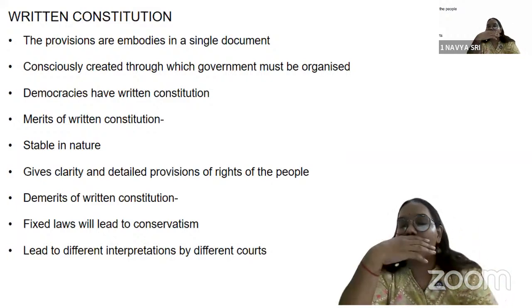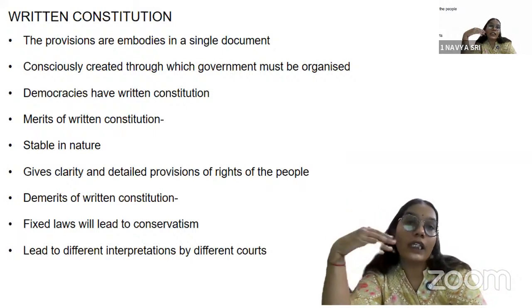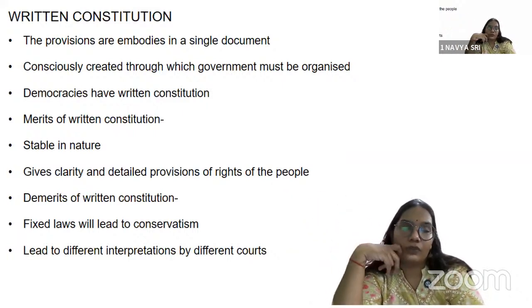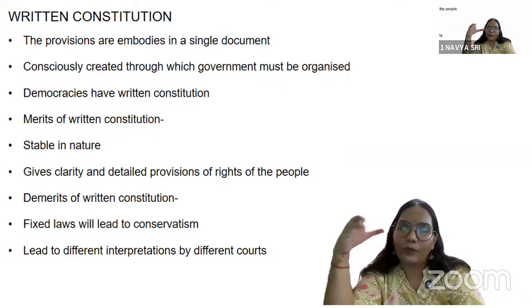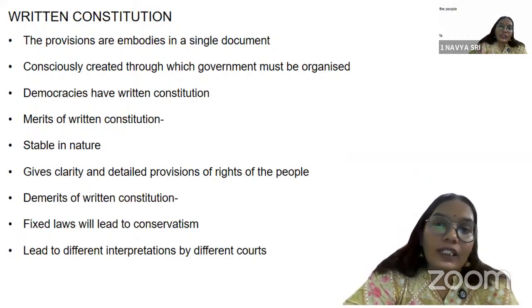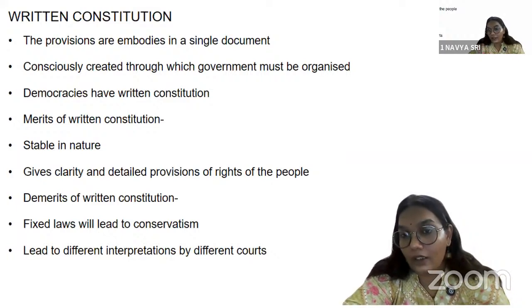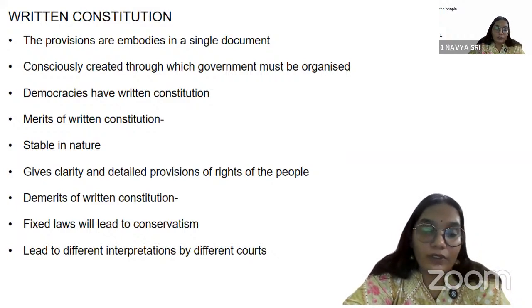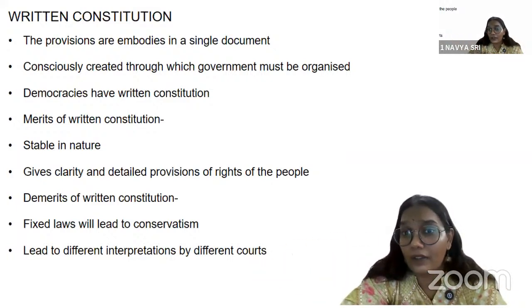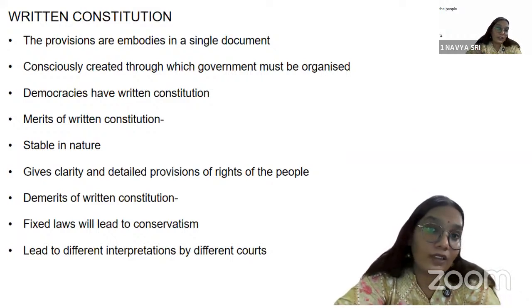This is the necessary understanding. They say that fixed laws may not suit the changing times. The people would call for an uprising, or would say that the law has been made against their spirit. With evolving times, they think this has to be considered. But fixed laws will lead to conservatism, as the changing times could not be considered by the government to make any law. So the conservatism concept comes in here,